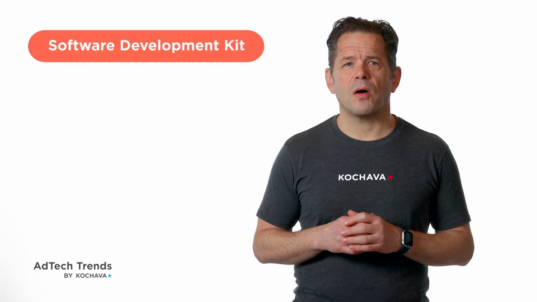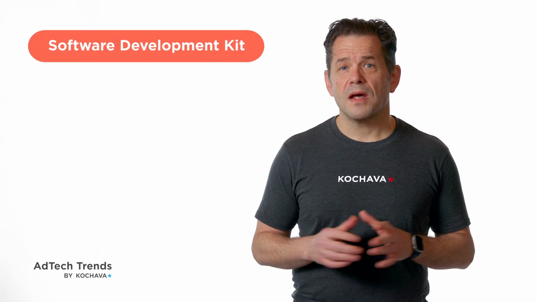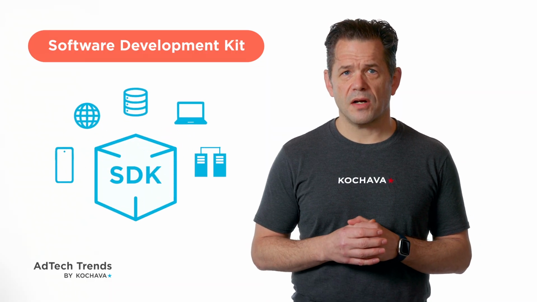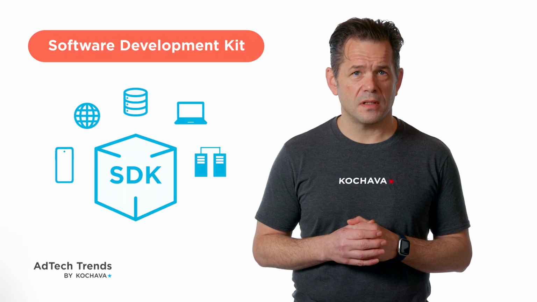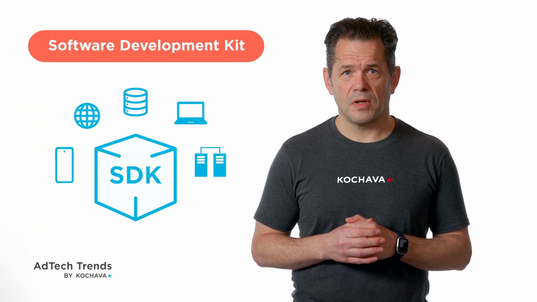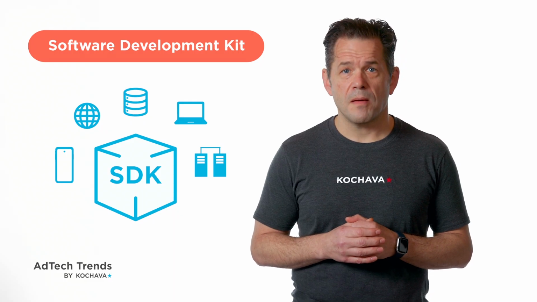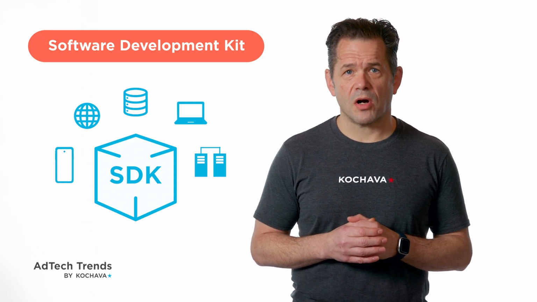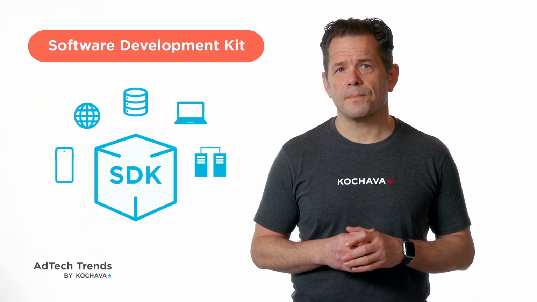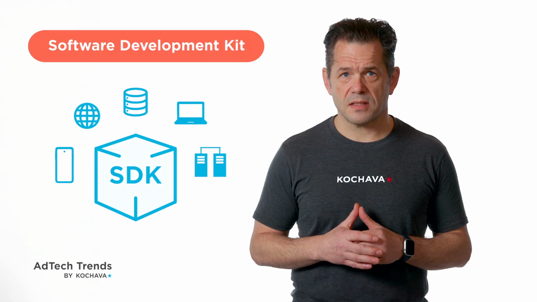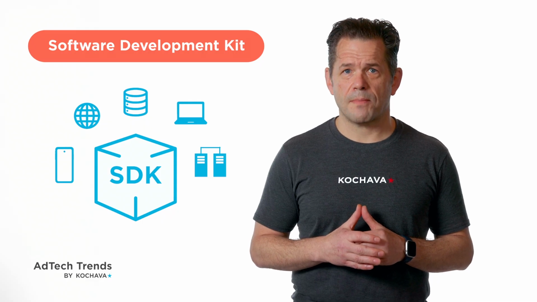First, let's talk about what a software development kit is. Essentially, an SDK is a set of tools and libraries that developers can integrate directly into their mobile apps. The Kochava SDK, for example, provides a comprehensive suite of features that enable the app to track activity, measure engagement, and optimize marketing efforts right from within the app. This direct integration allows for real-time data collection and analysis, which can be incredibly powerful to app marketers for making